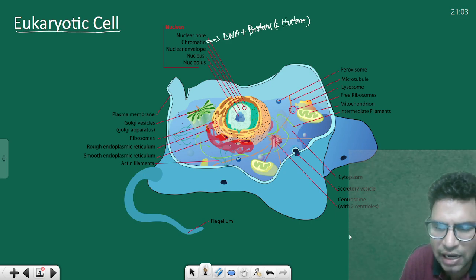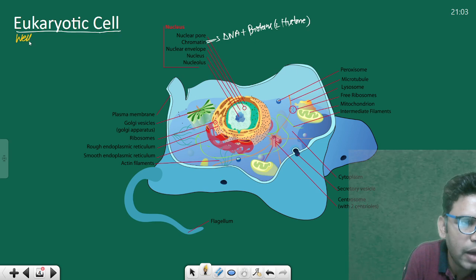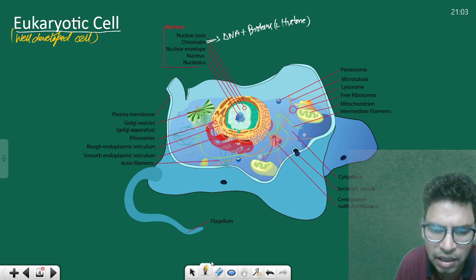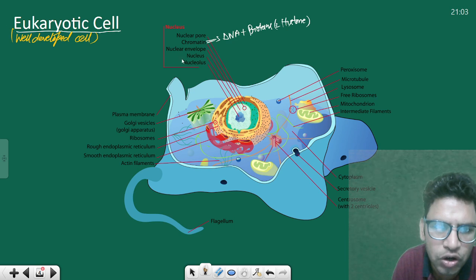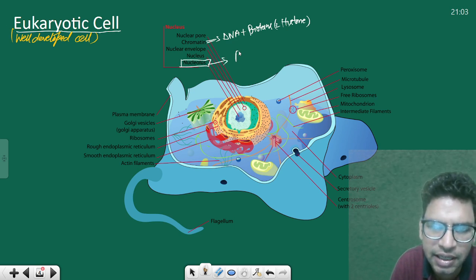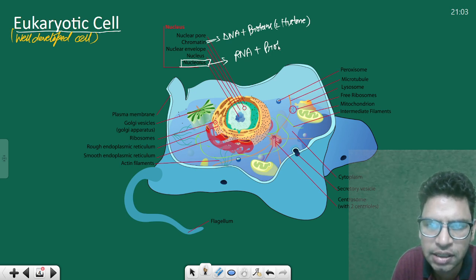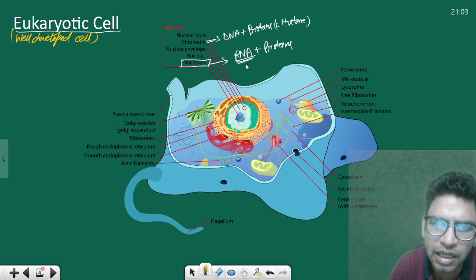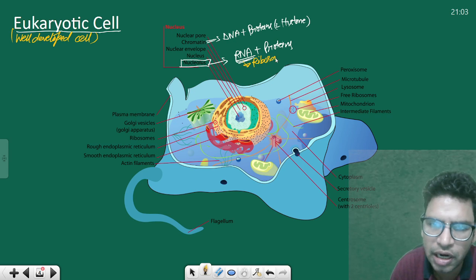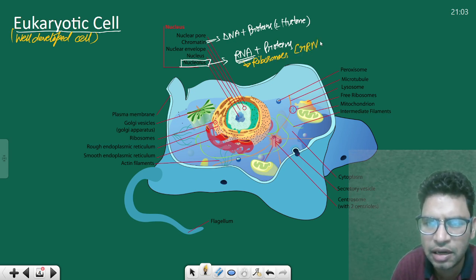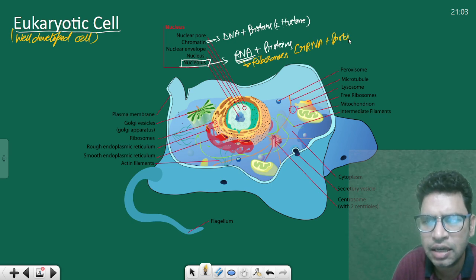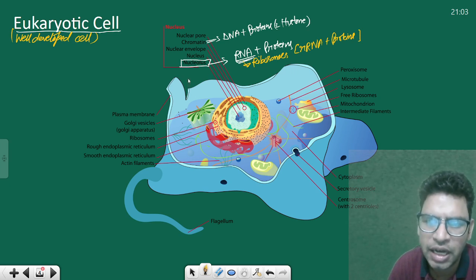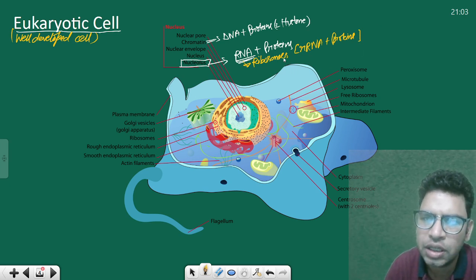Okay, well-developed cell, well-organized cell. This is a well-developed cell, right? So it has a nucleolus also. These nucleoli basically have RNA and proteins, right? And these RNAs, for example, there are ribosomal RNA, rRNA. So what do they basically do? They make ribosomes. Ribosomes are made up of, for example, ribosomal RNA and proteins, right? There are transfer RNA and so on and so forth. These ribosomes are exported to